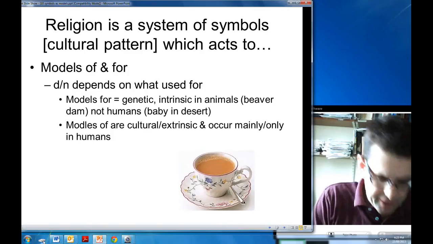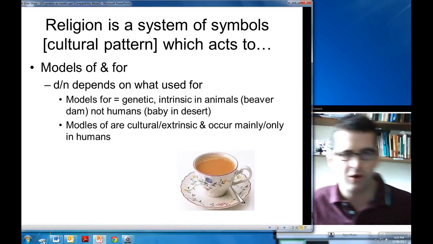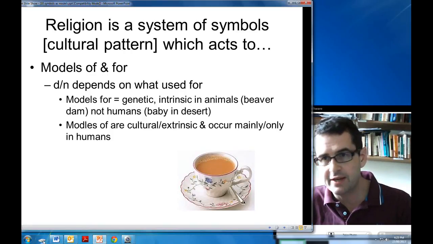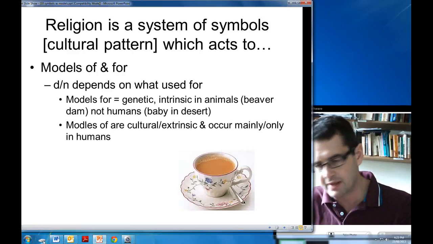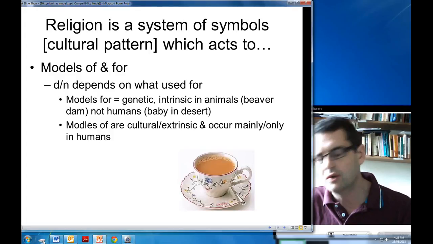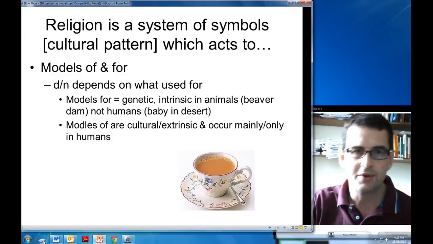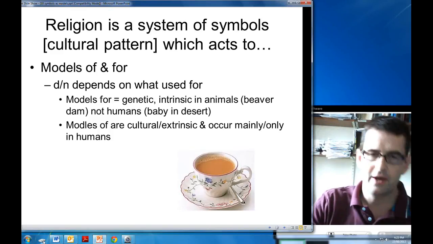Now, I'll give you an example. If a model for how to behave was the Ten Commandments, a model of the world would be like Adam and Eve, and God created the world in 7 days, created Adam, gave him a wife, etc. That's a model of the world, how it all happens, how it all fits together. Okay, so models for, models of. A model for is an ethos. A model of is a world view.